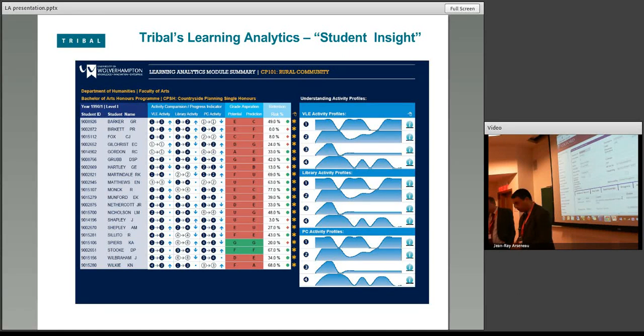So from that, we can view things like progress information, how they're doing with their particular program and the courses on their program. And we can look at things like notes, so we can make individual notes against students. So kind of a bit like CRM type functionality, but built into a student configurable view. So I've talked a bit about that. What I'll do is drill down into what we call Student Insight, which is our learning analytics program.